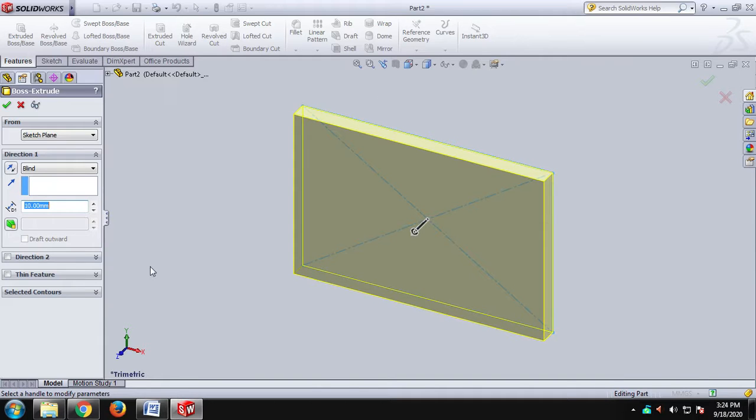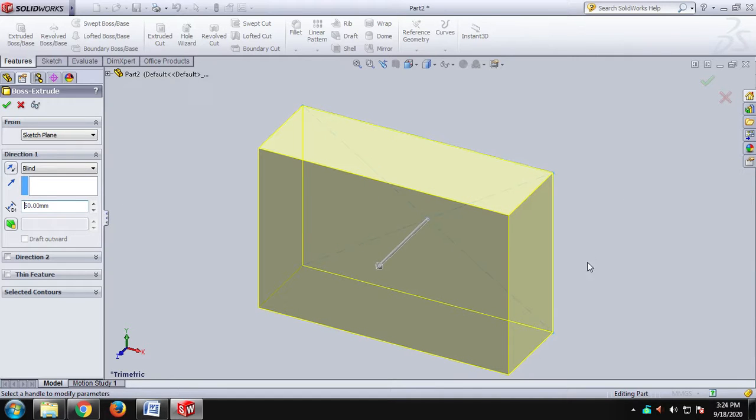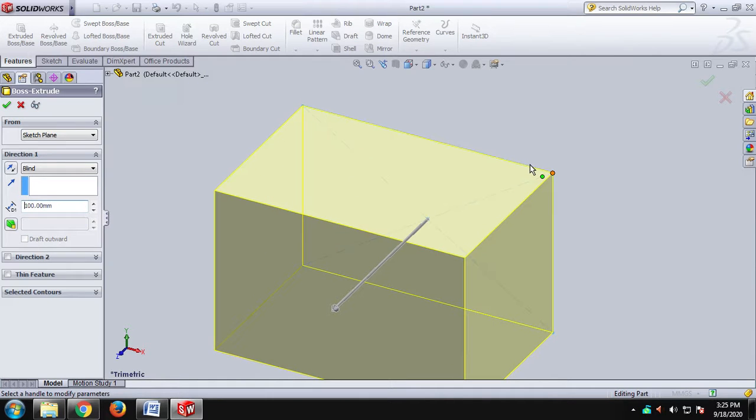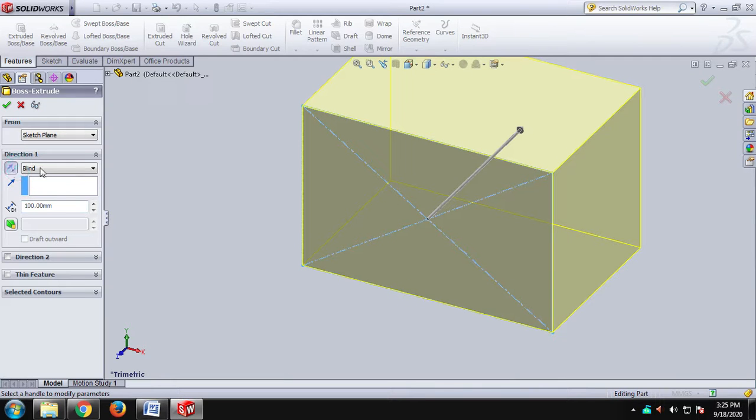If you want to give the dimension of extrusion, in the left side we can see there are a number of boxes available. In one box we can see the dimension, so we can change the dimension. If I give 50 and give enter, you can see that the extrusion is displayed for the given length. Okay, if I want to increase to 100, the extruded box length is increased to 100. If I want to reverse the position of extrusion, here in direction you have an arrow mark in the left side. When you click this, the extrusion gets reversed to the above drawn diagram.